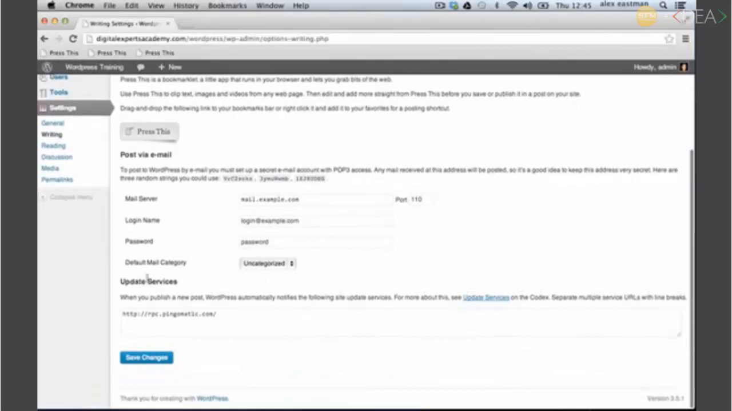And finally, your update services. Now, this is an area that automatically notifies when you publish new posts or new content on your website. We only have one update service currently listed here. So because you want your content to be noticed and updated on as many different fields as possible, I would suggest clicking Update Services,